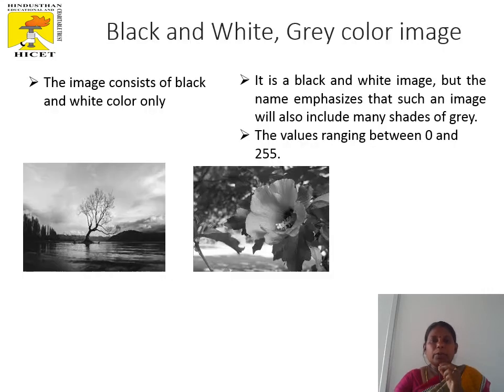Next, we are going to see what a black and white and gray color image is. Here, in the first diagram, only black and white colors are shown in the image, so that's why it is called a black and white image. In the second diagram, it is also black and white, but some shades are gray in color, so we call this a gray image, and it is in between 0 and 255, say 127, so we call this a gray color image.